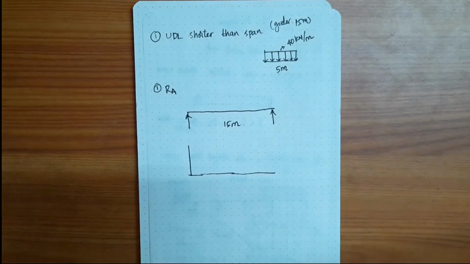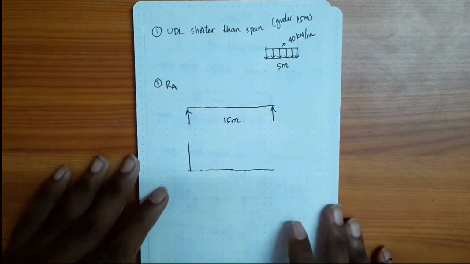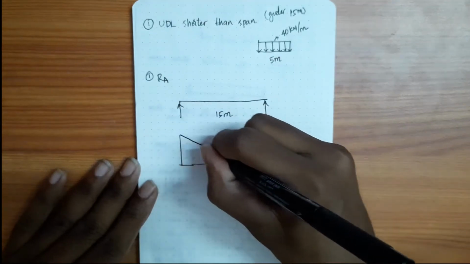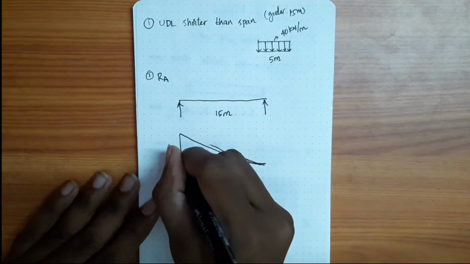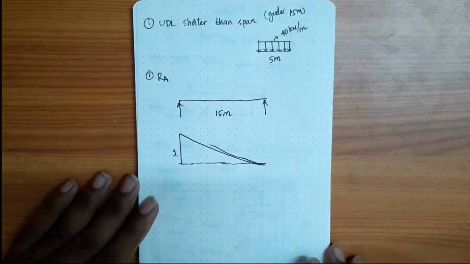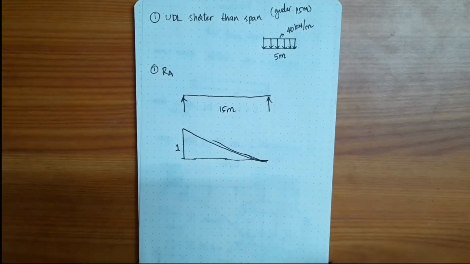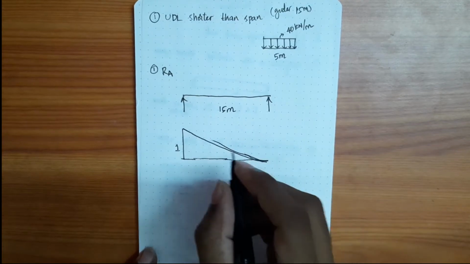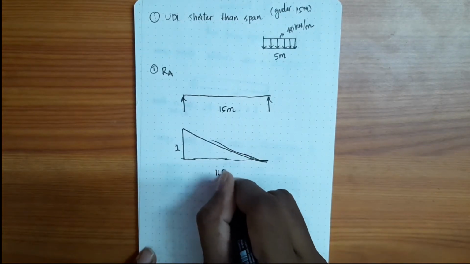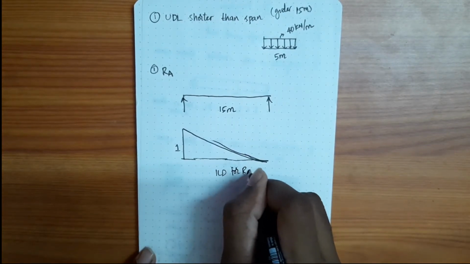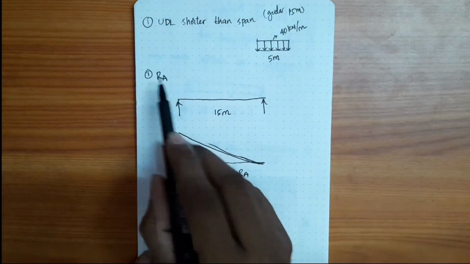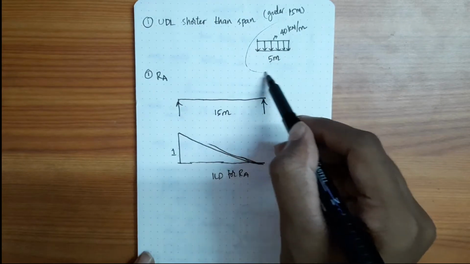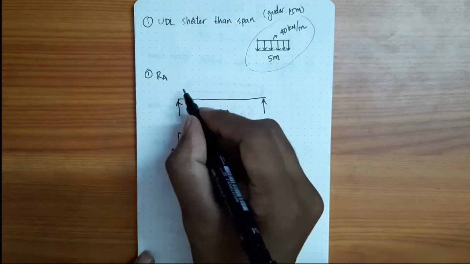Draw the influence line diagram for RA. Okay, let this be. So this is 1, okay, and ILD for RA. So in order to get reaction at A, this load should be placed at